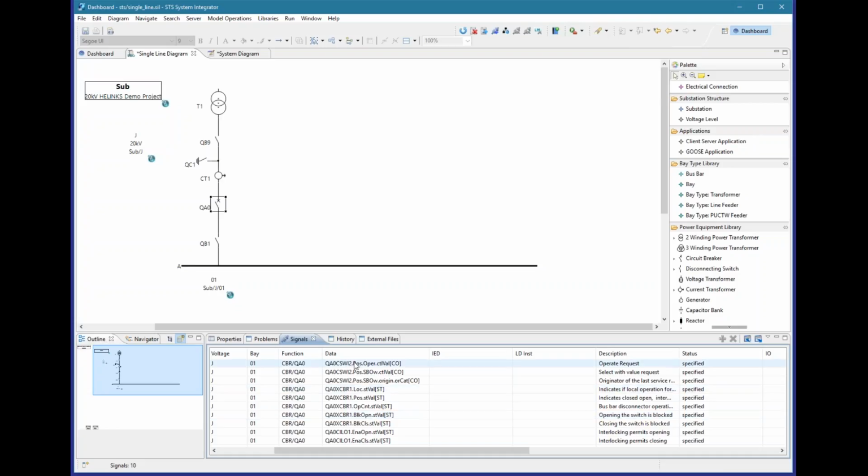Now all these logical nodes, which are part of this name and these signals, cannot be shown in the single line. This would overload the single line. That is why behind each of these elements in the single line, we have,